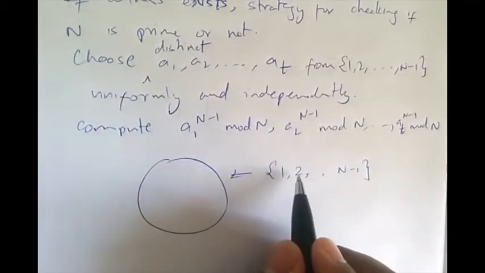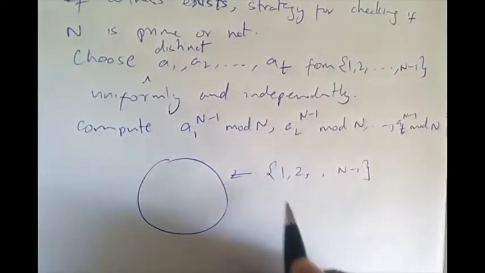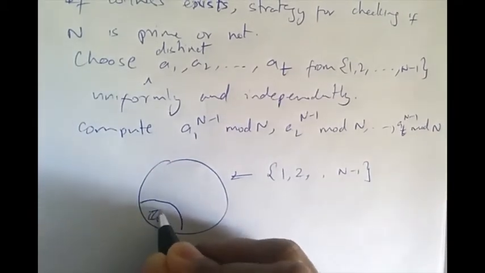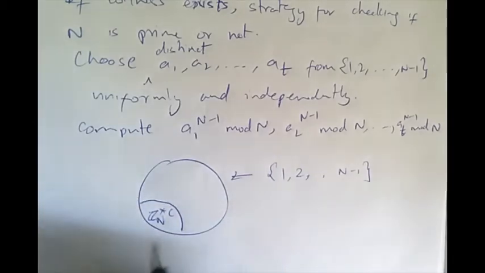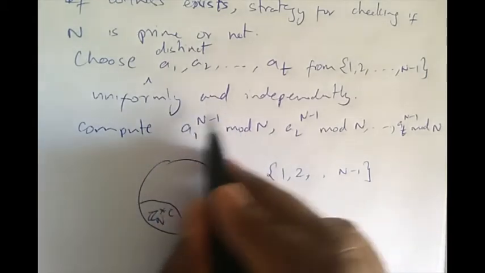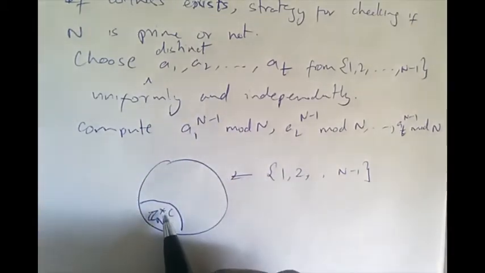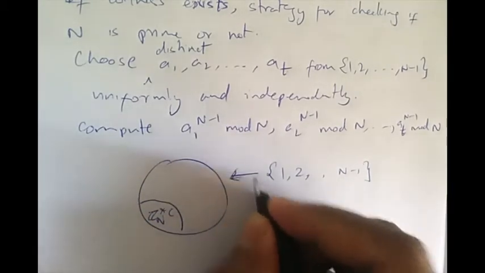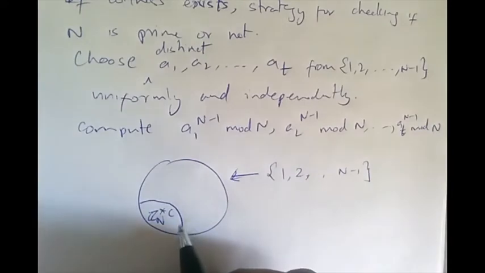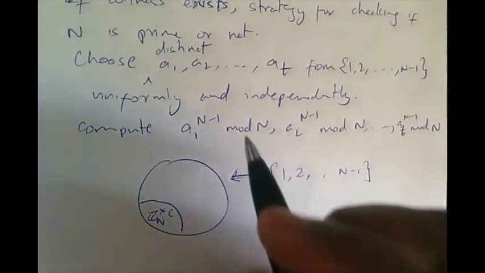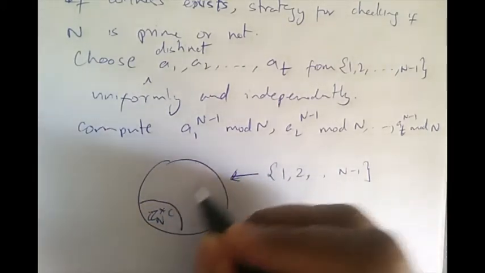Now I'm just choosing a1, a2 up to at from this set. Now, some part of it is the Zn star complement. If ai falls in this part, then this computation will definitely give you not equal to 1. This is a very small part of the set, because we said that Zn star dominates this set. So if ai falls in this region, then ai raised to n minus 1 mod n will definitely be not equal to 1. But if ai falls in this region, which is Zn star,